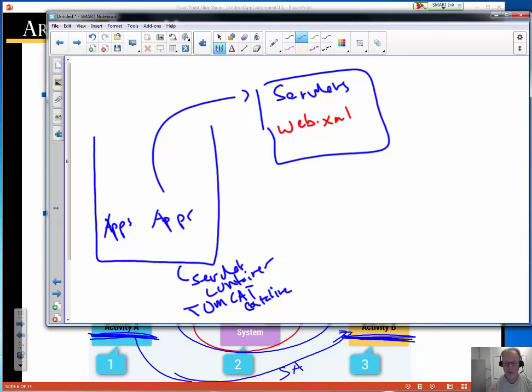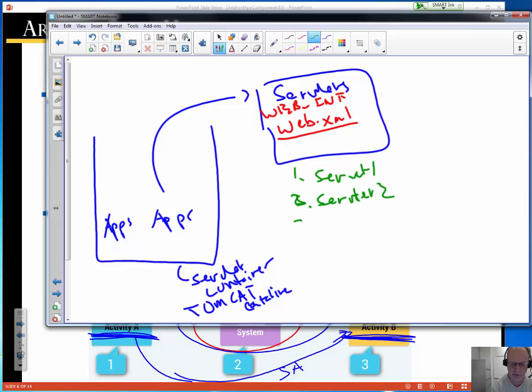And the web.xml, which was under a particular directory structure, that was the packaging part. We have a packaging part in the servlet specification. It said under the WEB-INF directory, you're going to have a developer-provided web.xml, and it's going to list out what all of the servlets are, servlet 1, servlet 2, servlet 3, and it would also explain its routing logic, which means it gave each a name,